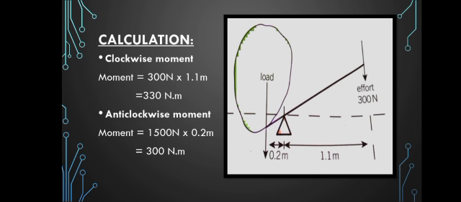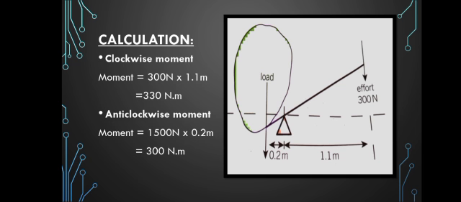What is going to happen? There is a clockwise moment. 300 will act in this direction. 300 times 1.1 will make 330 Newton meter. So we came to know that moment is calculated in Newton meter, because the force unit is Newton and distance is measured in meters. Similarly, we will calculate for the